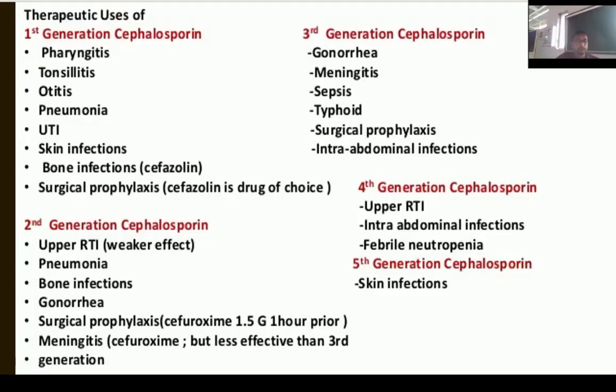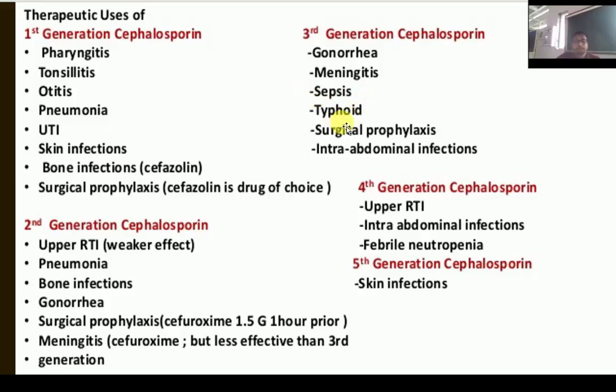Last one, we come to therapeutic uses. First generation cephalosporins are used in pharyngitis, tonsillitis, otitis, pneumonia, UTI, skin infection, bone infection, and surgical prophylaxis. Second generation are used for upper RTI, pneumonia, bone infection, gonorrhea, surgical prophylaxis, and meningitis. And the third generation are used for gonorrhea, meningitis, sepsis,